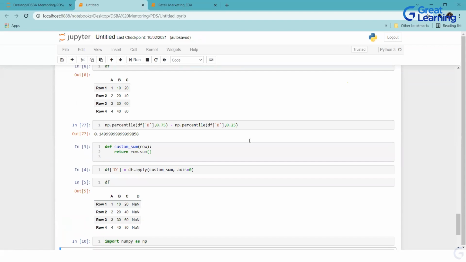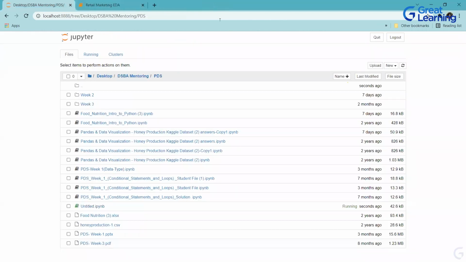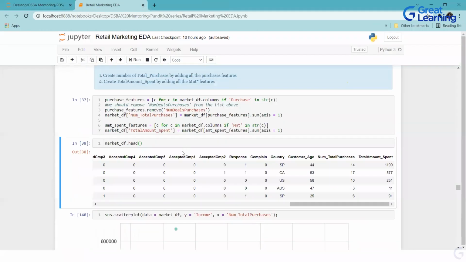Is there relevance of the letter used in this code? We use C. No, that's any name you can give. That doesn't matter. You can use C, you can use col, anything you can give. That is to your understanding.